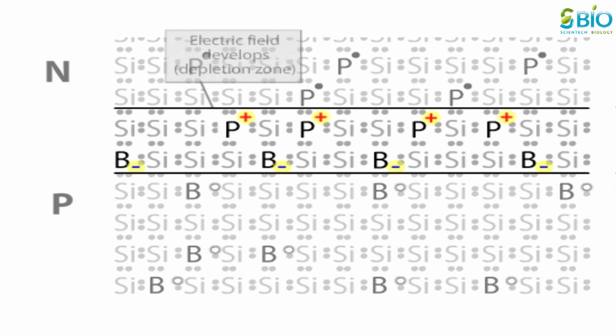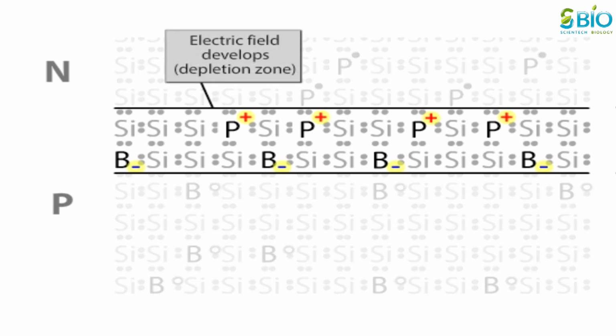At the p-n junction, the extra electron from phosphorus attempts to fill a hole in an adjacent boron atom. In this way, electrons flow from the N to the P side. As an electron leaves a phosphorus atom, it leaves behind an unbalanced positive charge on the phosphorus atom. When the extra electron moves into a boron atom, it brings with it a negative charge. As the positive and negative charges separate from each other, an electric field or voltage develops at the junction, which is now called a depletion zone. An electric field of this sort is always present in the solar cell.